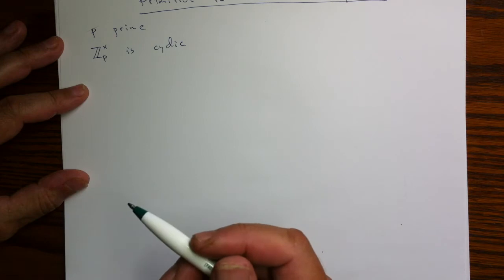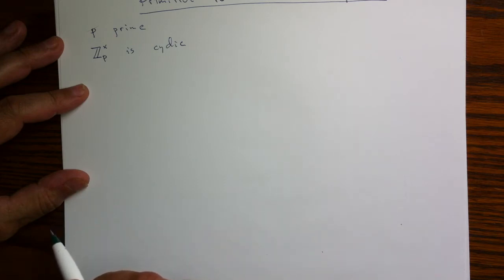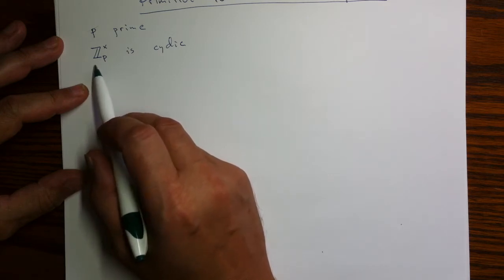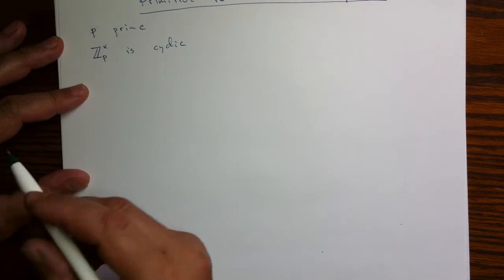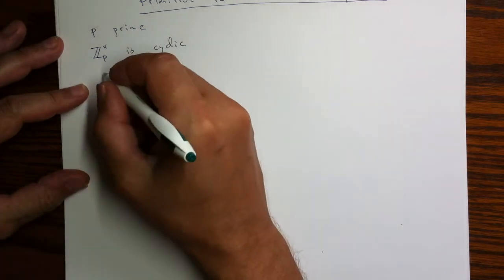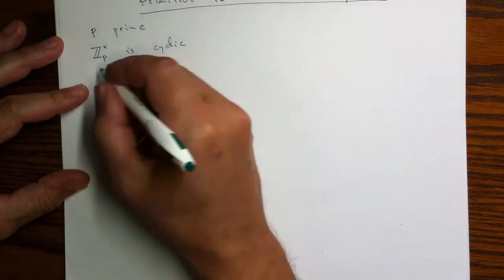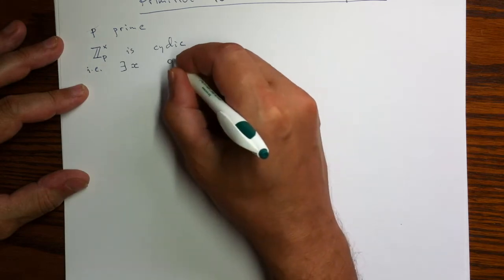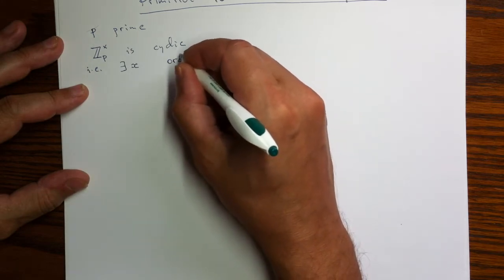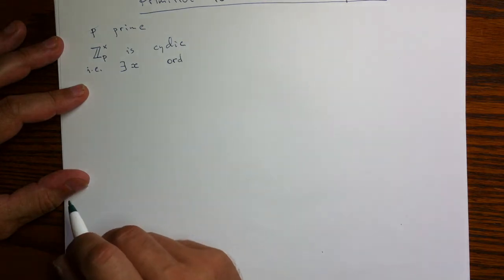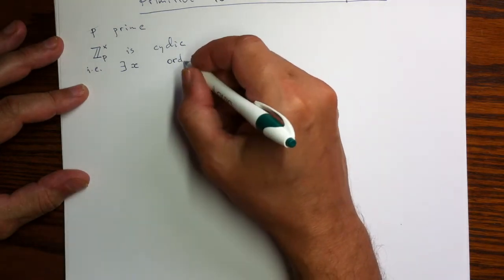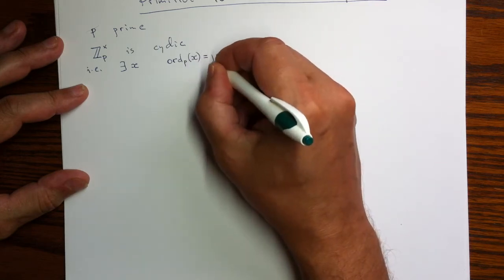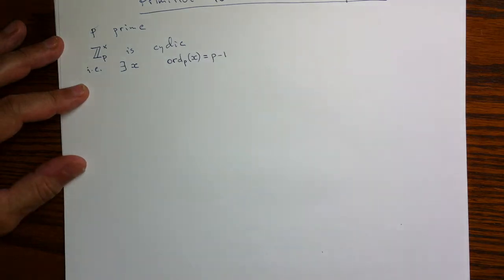That is generated by a single element, that is, all non-zero integers mod p are powers of a fixed one, and that such integer is called a primitive root. So that primitive root will have all powers different, starting from the zeroth power and up to p minus first power, and that is to have the multiplicative order mod p equal to p minus 1. So that's what we're going to argue,